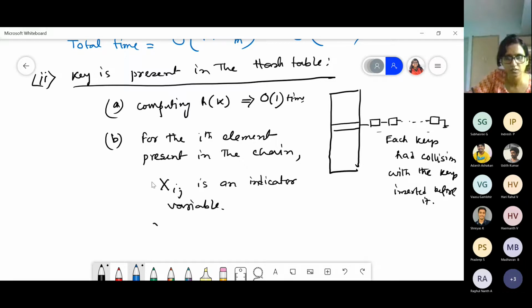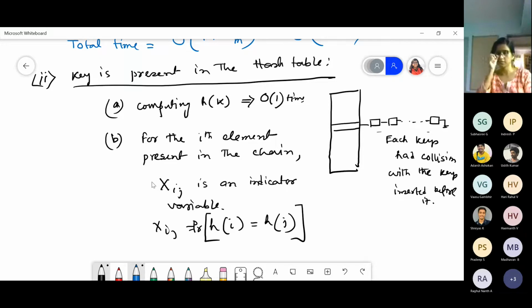So what does it mean? Xij equals 1 if hi equals hj. That means the element i and the element j had a collision. If they had a collision, that can only happen if both of them have the same hash key.